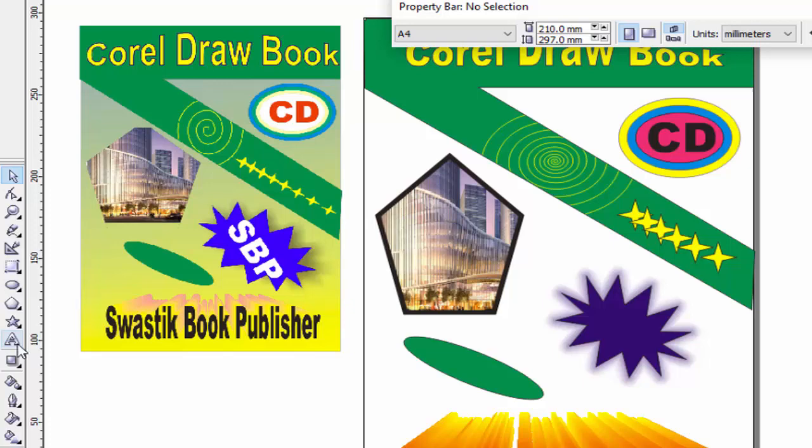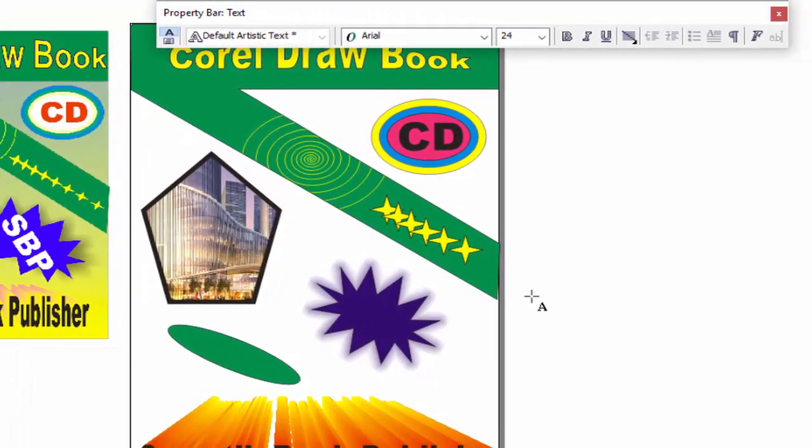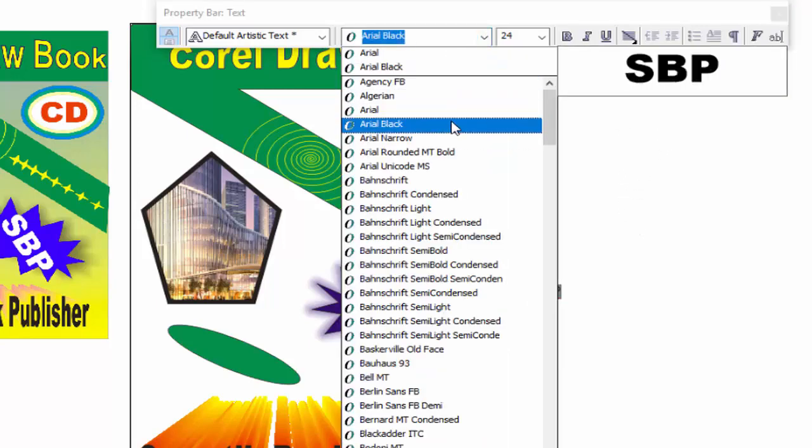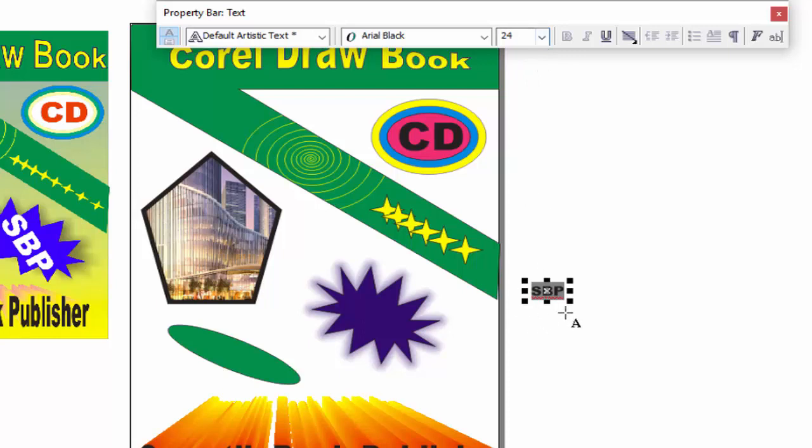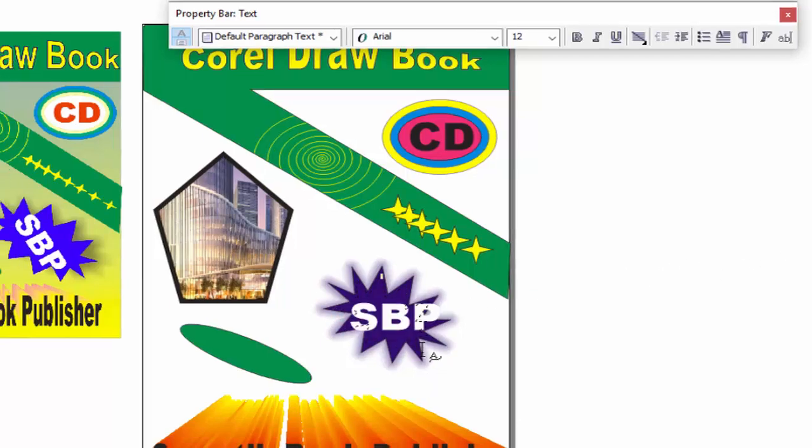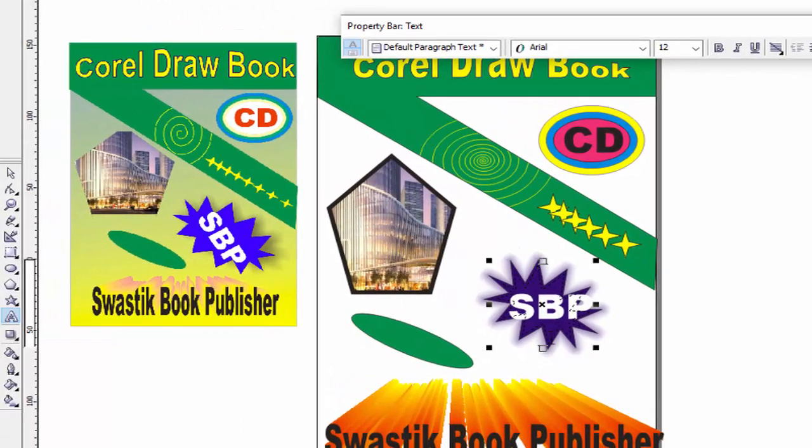So now we will use the text tool, F8, to type the text SBP like this. Select the text and change the font from here, or you can increase the size from here, and change the color to white and put it in this shape. And if you want to rotate this shape SBP like in my design, use this option,